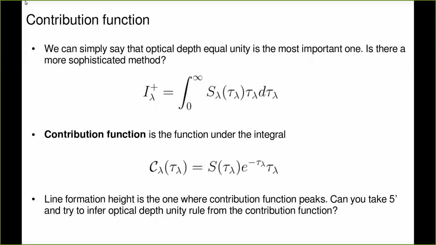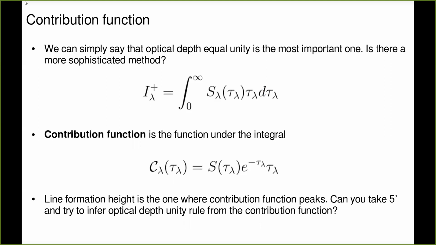However, the more optically deep this region lies, the more attenuated it's going to be by the time it reaches the top of the atmosphere. So this e to the minus tau makes sense. And then this tau lambda just comes to tell you that my bin at the top of the atmosphere contains much less material, so I also need to scale the contribution by that. My bin deeper in the atmosphere contains much more material, because my atmosphere is exponentially stratified, and I always take equidistant steps in height. So you can somehow relate this to the numerical formulation.